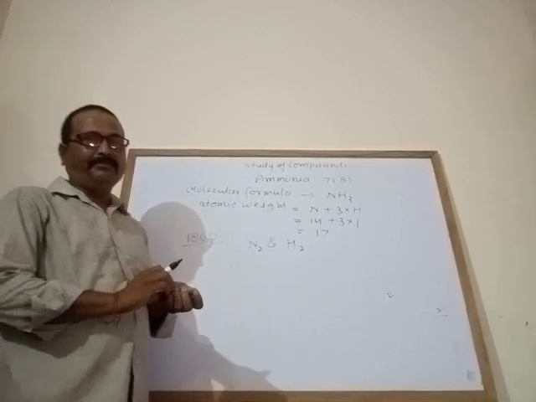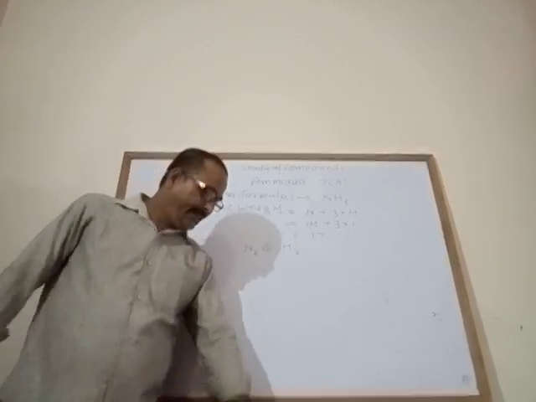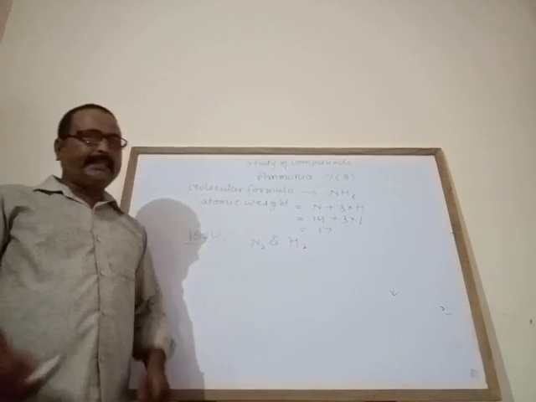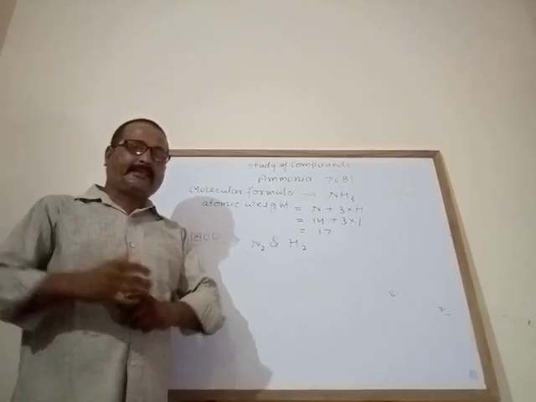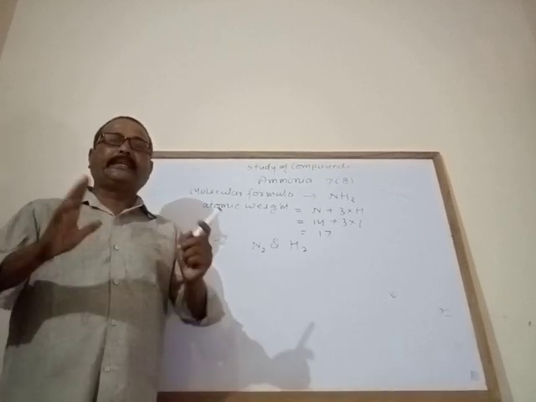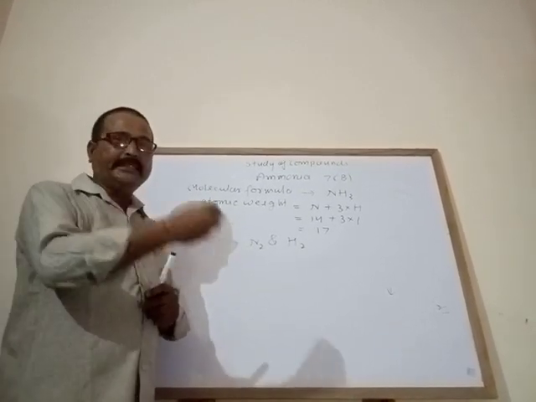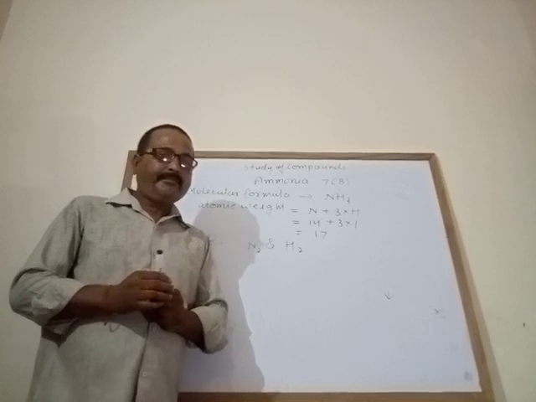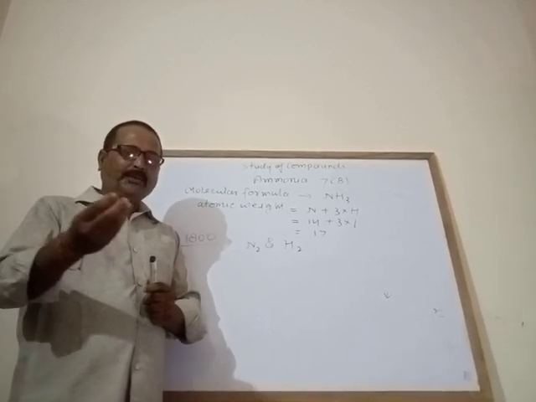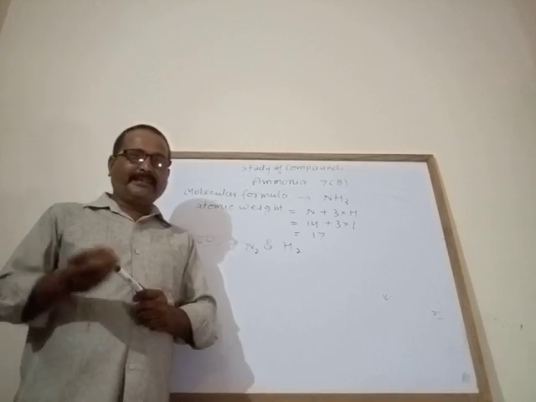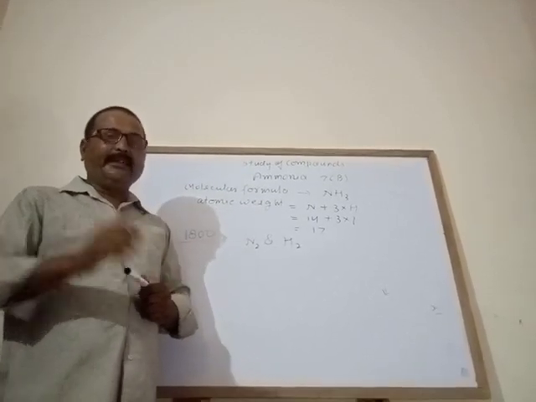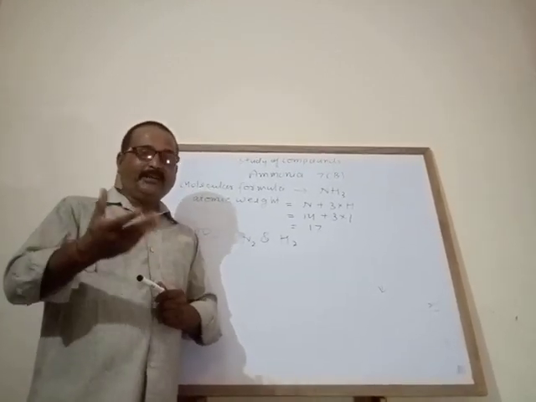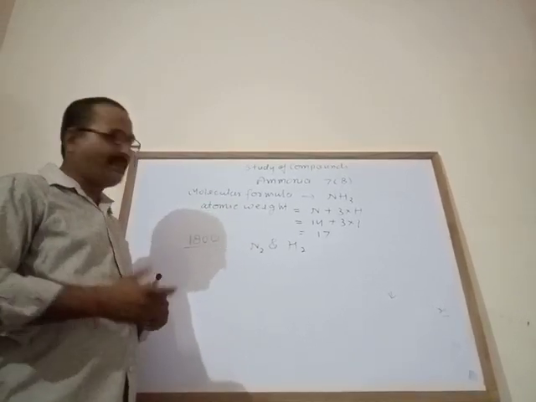Where does ammonia occur? Actually, in your book it is given that ammonia occurs in atmospheric air and natural water. See that bacterial decomposition or decay of nitrogenous fertilizer, nitrogenous things, you will find ammonia. One more example: if you move near any dairy farm, you will find some smell. Yes, that smell is the smell of ammonia. Sometimes when you are passing a washroom or toilet, you also find that smell. That is ammonia.